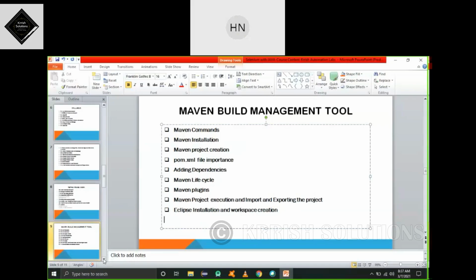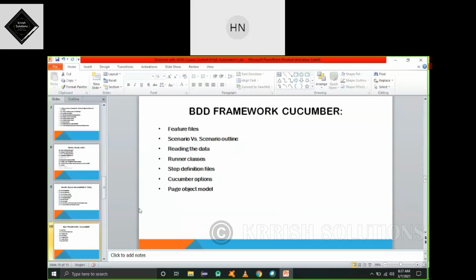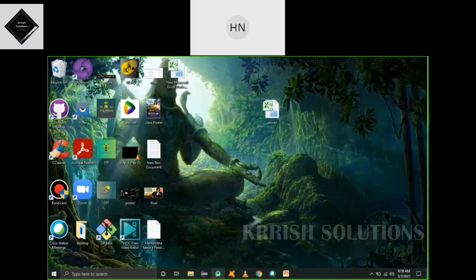So the next concept which we are going to discuss here is the BDD framework. What is the main purpose of a framework? A framework is a typical method of practice. Suppose in my automation team there are 10 members, 10 programmers, 10 automation engineers. Every day they are writing code, developing code, but they do not have any specific format. They are writing inside some text files, saving into their systems, and going back to their homes.